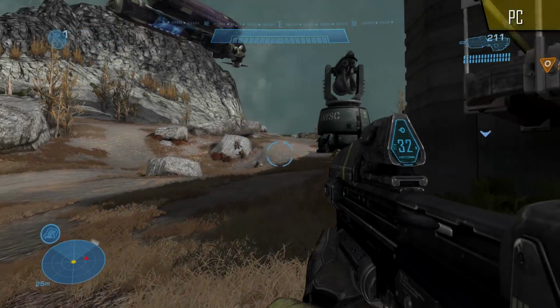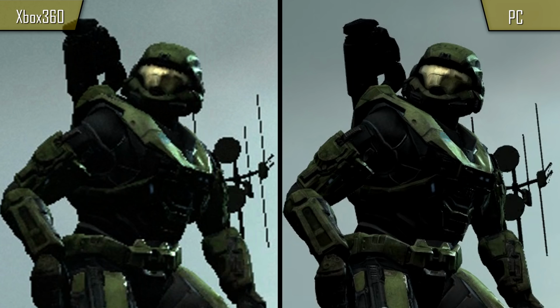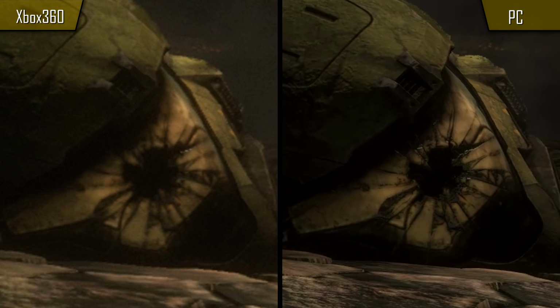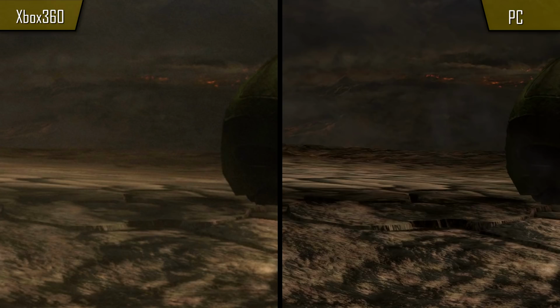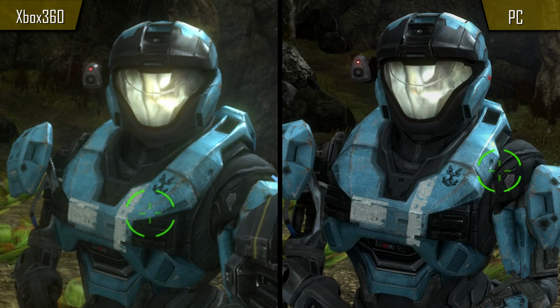And that wraps up this episode of Direct Comparison. Overall, Halo Reach on the PC benefits primarily from its ability to render natively at a higher resolution, and from several higher resolution textures for both character and environmental surfaces. Lighting effects, aside from a decrease in bloom and improved contrast, has not been altered a great deal, though shadows